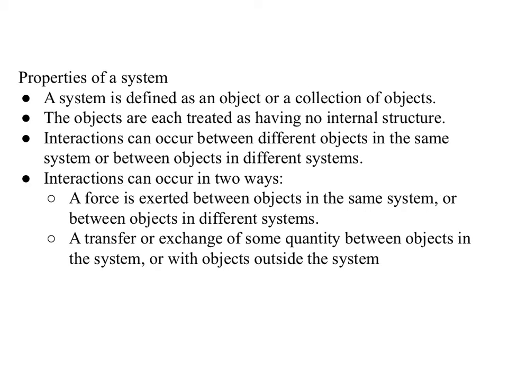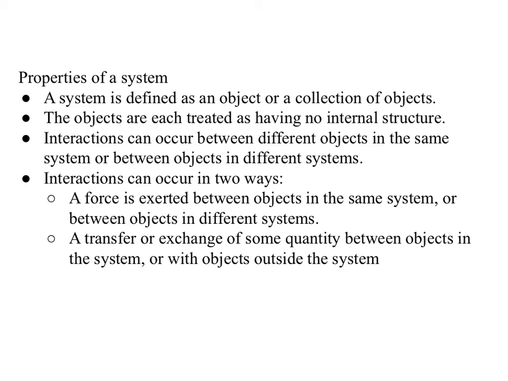The basic properties of a system, and this is straight from the AP people, is that one, a system is defined as either an object or as a collection of objects, but the objects themselves are each treated as having no internal structure. So we might say that you have a school bus full of students, and the bus is the system, and the students are the objects, but we don't worry that the students themselves, of course, have a bunch of hearts and bones and muscle and brain. We would neglect those, right? We'd say that the students are the object and the bus is the collection of them. Or a class of students may be even better, partly because the system itself is not a physical thing. So if we think we have a class of students, it's this mental grouping of a bunch of individual students.